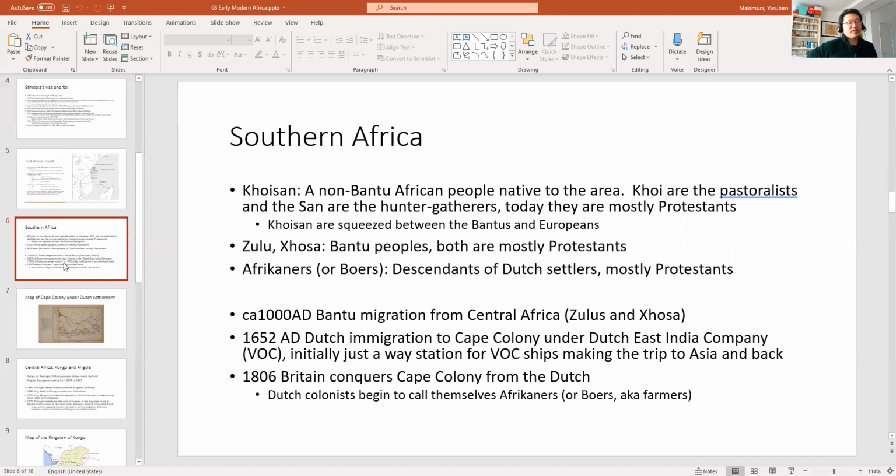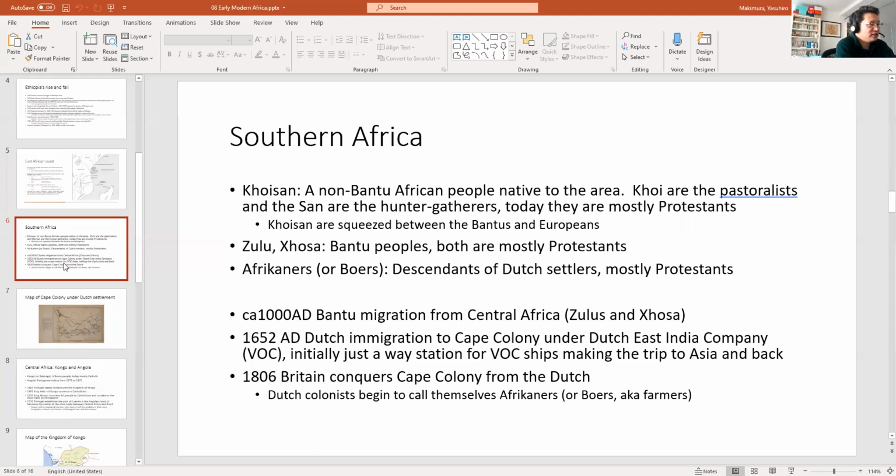And among the Europeans, the most important, I think, are the Dutch settlers. So the Dutch arrived starting in the 1600s, and their descendants begin to call themselves Afrikaners. This is because the British show up, and when the British show up, the descendants of these Dutch settlers begin to say, you guys may be from Europe, but we are African. And so they call themselves Afrikaners. The other name that they use for themselves is Boers, Boer meaning farmer, right? Because they lived in the countryside and they were farmers. These people are mostly Protestants, by the way. They believe in the Dutch Reformed Church.